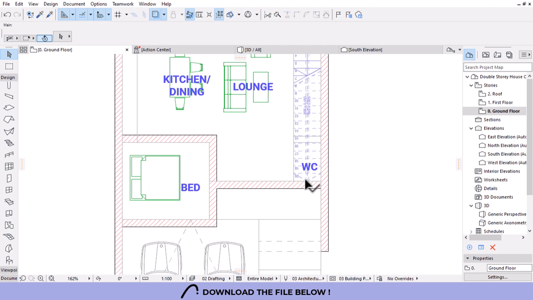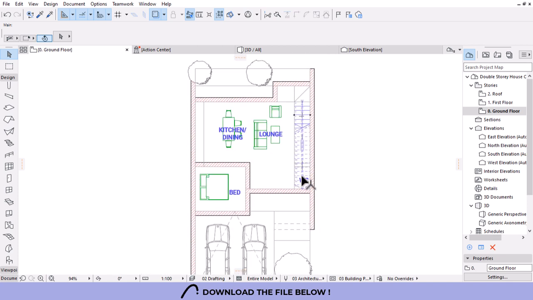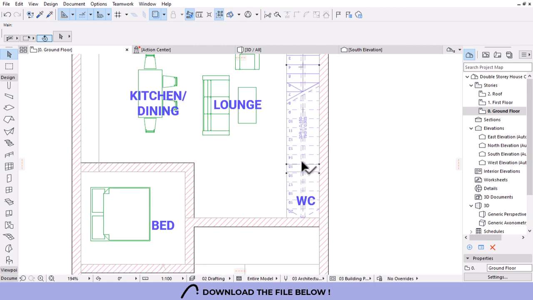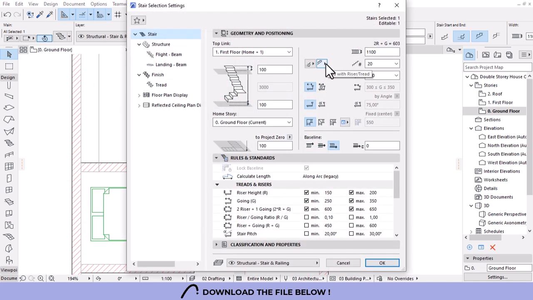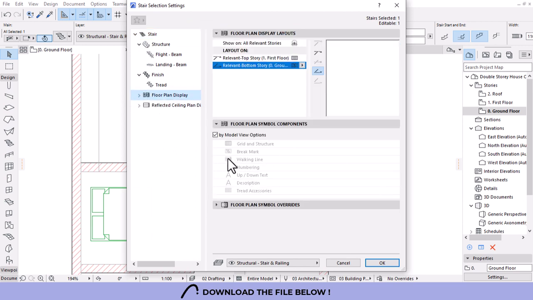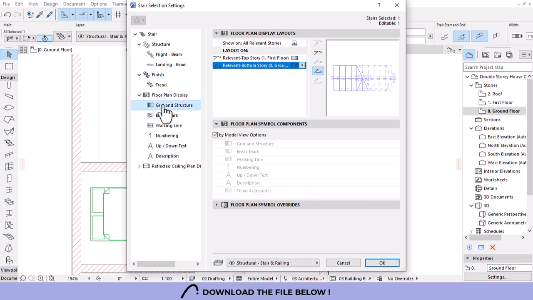We have a toilet here underneath the staircase, underneath the flight. So it's either we hide the staircase elements, so let's click on it and then just open its settings. You will understand what I'm trying to say. Under the floor plan and display, we're saying relevant top story, which is first floor, which is fine. But what I want is to open there, and then under the grid structure,